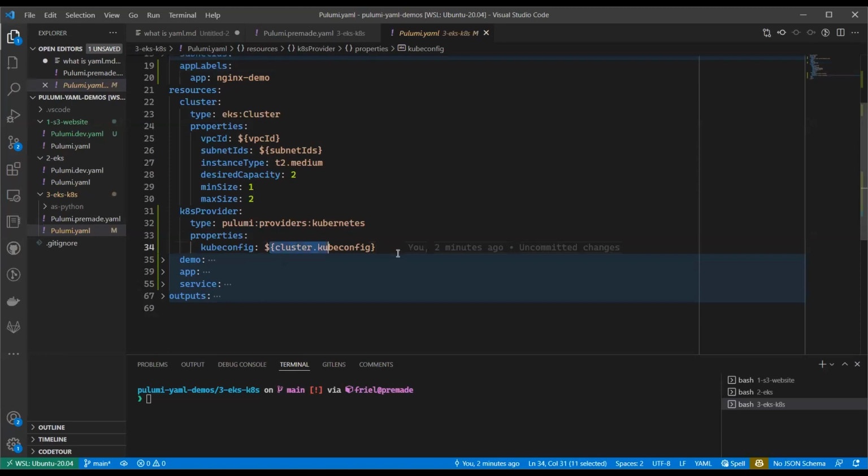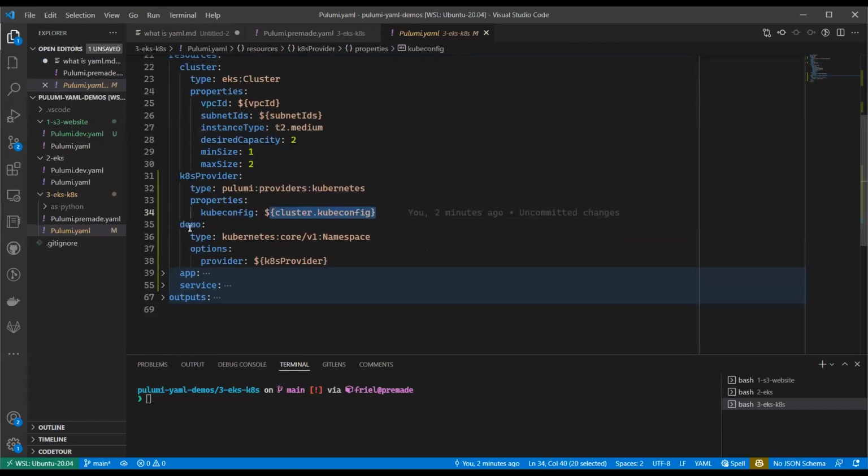We're going to pass in that kubeconfig that we had shown earlier as an output. We're going to deploy a demo namespace, and we're taking advantage of Pulumi's automatic naming. So when we deploy this demo namespace, Pulumi is going to generate a name of demo dash, and then it's going to generate some base64-esque suffix so that we don't conflict with any other resources deployed in the cluster. So all we have to provide is that provider option.